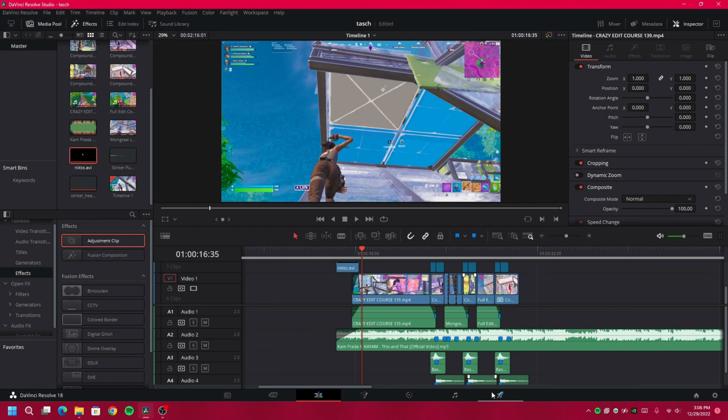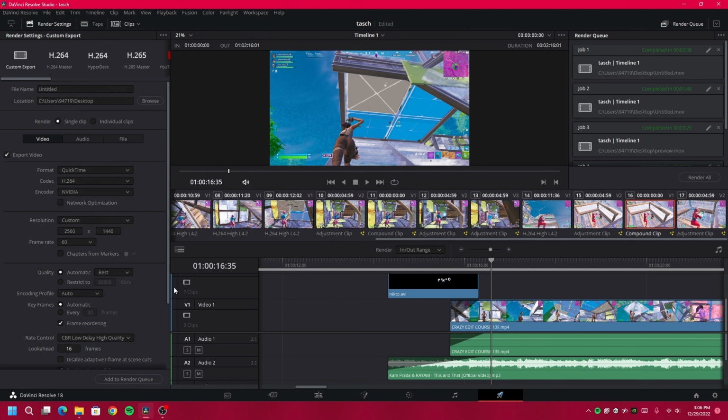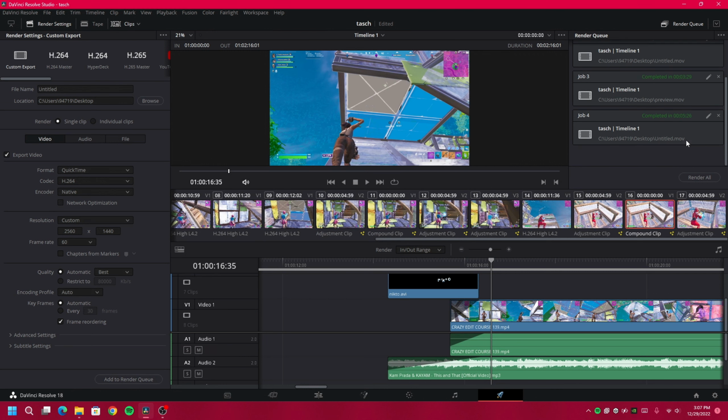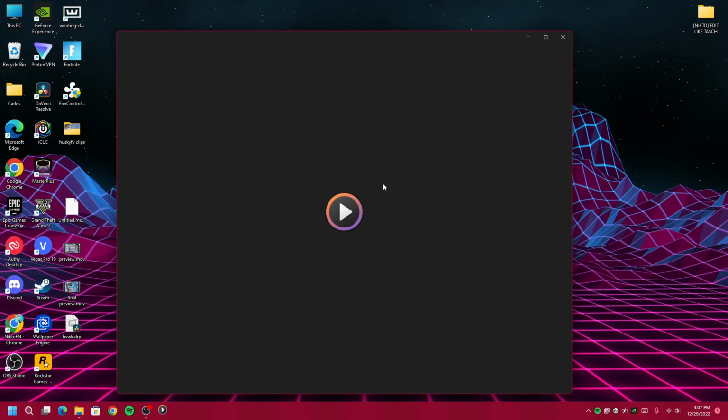So for rendering out, head into deliver page, and from here copy all my settings. The codec can be H.265 as well, and the encoder should be native as well if you don't have an NVIDIA graphics card, and the resolution should be the ones you selected at the start, and the frame rate should be 60. And once you're all done with the settings, hit add render queue and then you need to press render all from here. So once you got that rendered out, something like this,